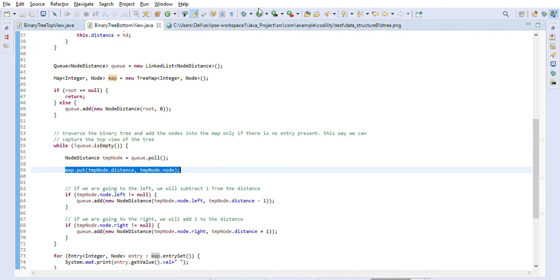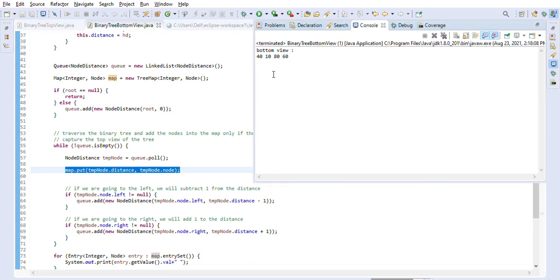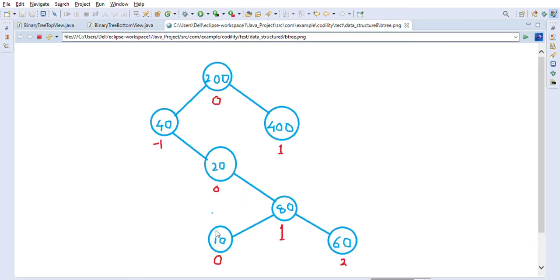Let me just run this program and show you the bottom level view. It shows 40, 10, 80 and 60. So if you look here, you will see 40, 10, 80 and 60. So this is the bottom level implementation.